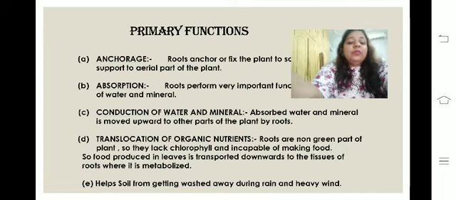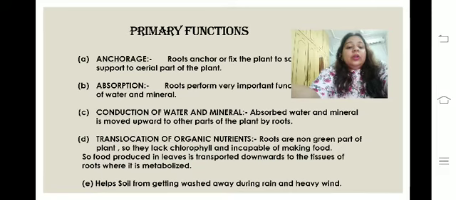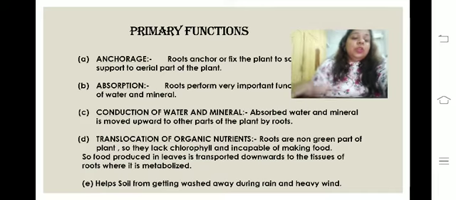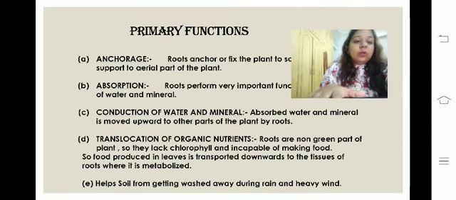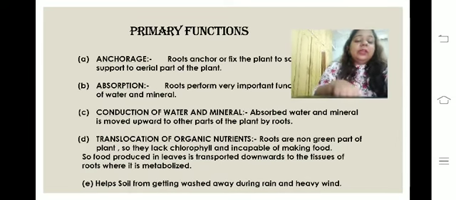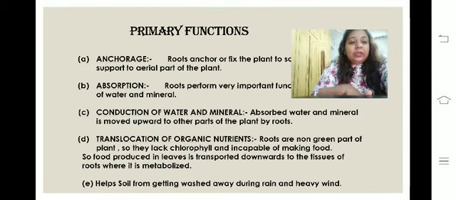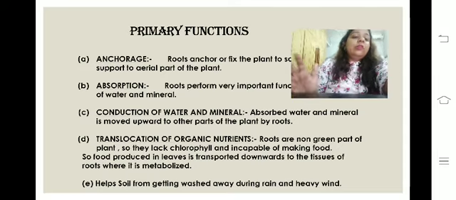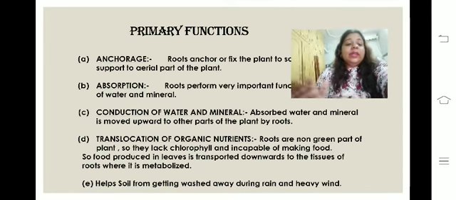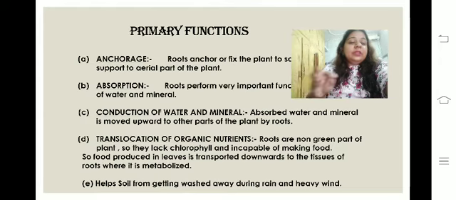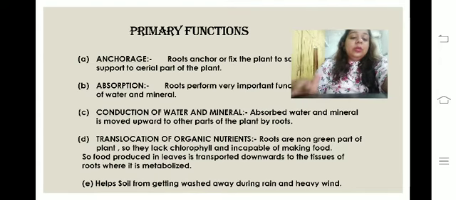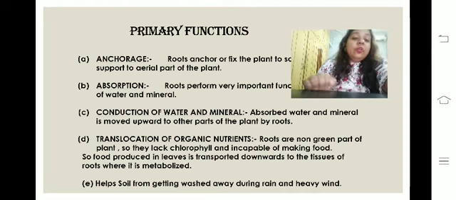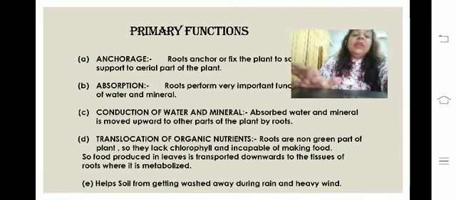There is one more main function of the roots. They are intact in the soil, so they give support to the soil also. If the plant is not penetrating deep in the soil, then what will happen when the wind is flowing or when the rain is coming, this soil gets washed away with that, and it does not stick to the one region. So this leads to soil erosion. So protecting soil from getting eroded, the plant is very much necessary.